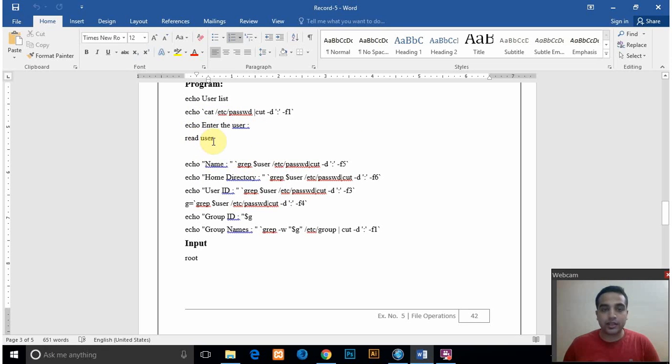We have to give any one of those users. Based on that, we search the /etc/passwd file for that user and cut the file into different fields using the colon delimiter. The fifth field will give us the name of the user. The sixth field gives us the home directory.